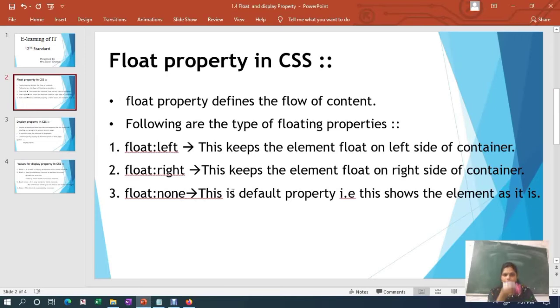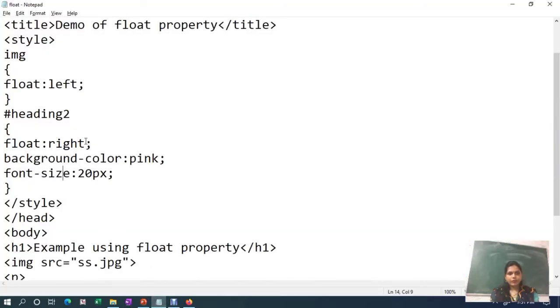We are discussing today two properties of CSS, that is float property and display property. For float property, there are three possible values: left, right and none. If you use the none value, then that text will be at the default position. Suppose here we use none for the second heading.